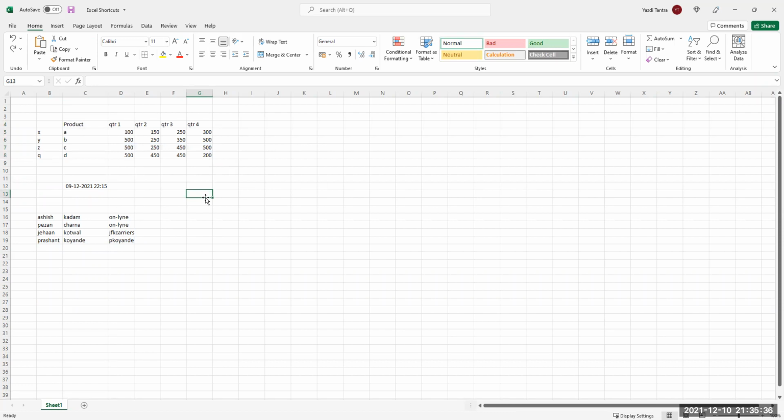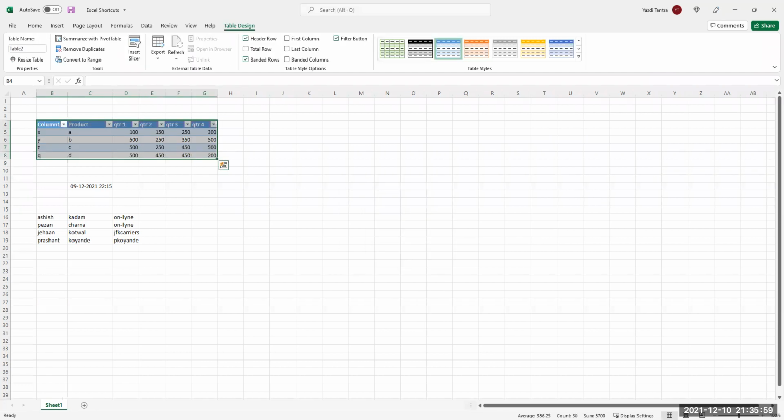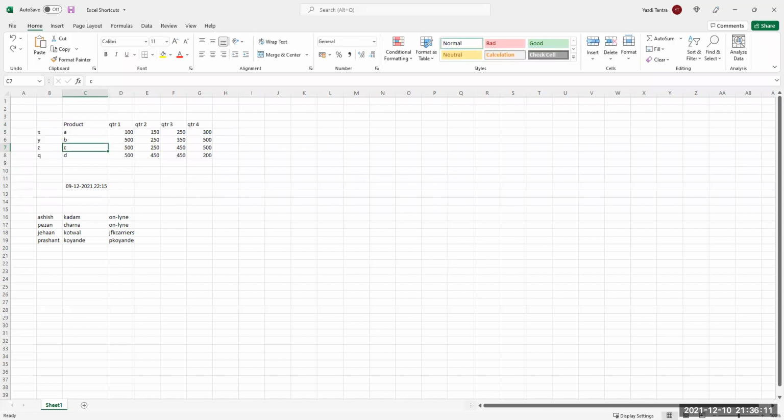Now, the idea today in anything that we do, we will try and avoid touching the mouse. That is what shortcuts are all about. So if you want to insert a table in a particular range, you just go anywhere in the range and just say Control T. Control T is for table. It asks you which range, it automatically selects the range and you just press enter and that's it. Earlier what we did was we said insert table and then it asked you for a range, correct? Now what we are saying is just say Control T.